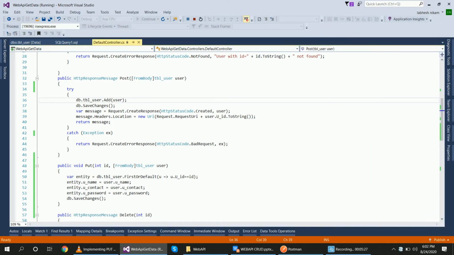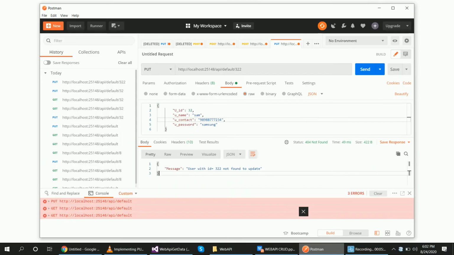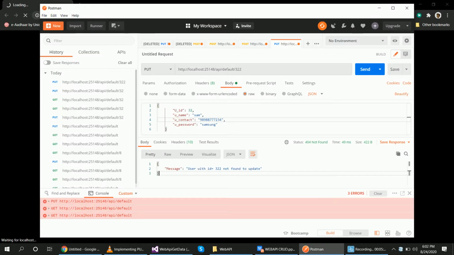After successfully running this project, I will go to the Postman application. Inside of the Postman application, I will use this localhost address, Control C, and paste it here, use api, and my controller name is default.